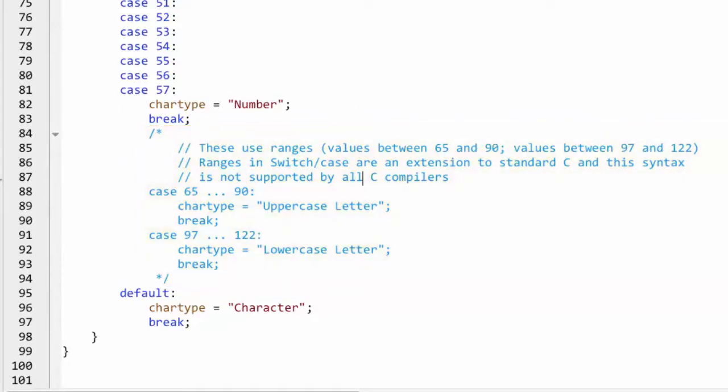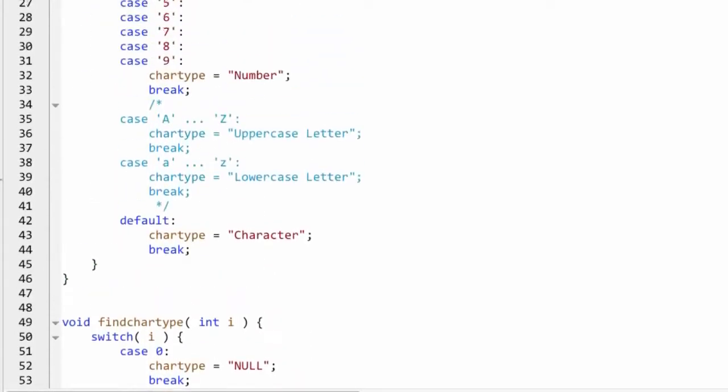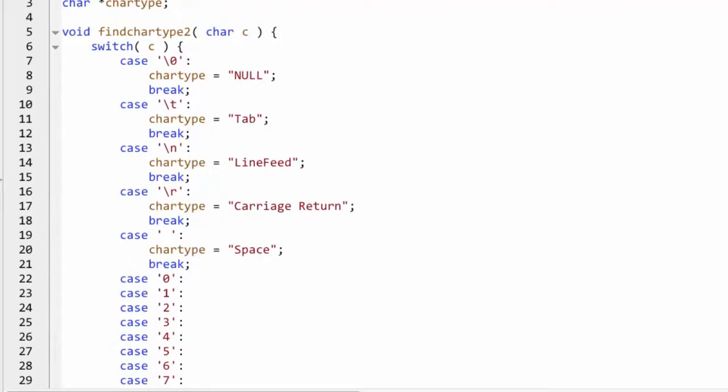Now in C, the char data type is compatible with an integer data type, since the character is defined by an integer value, and that after all is the whole point of this program. Now here you see an alternative implementation of my character categorizing function. I've called it find char type 2. And this time when an int argument is passed, and you can see down here in my for loop,